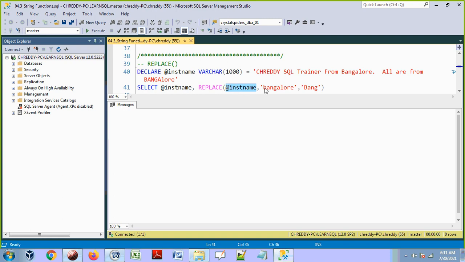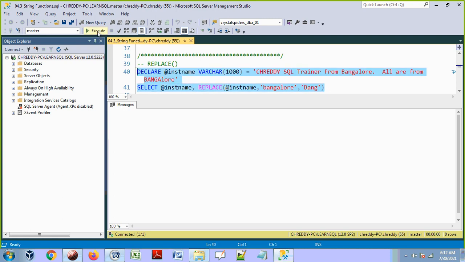Within that value it is going to identify the keyword Bangalore. How many places is Bangalore there in that value? Two places. It doesn't matter with the case, capital letter or small letter, it will match. It will identify the Bangalore keyword and replace it with Bang. Wherever Bangalore is there in this value, remove it and put Bang in its place. This is what the REPLACE function does.